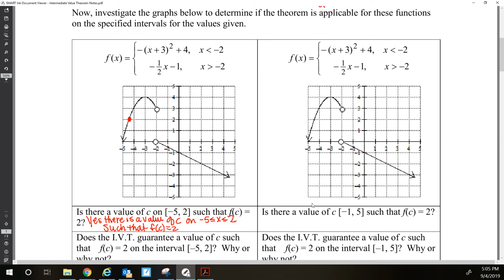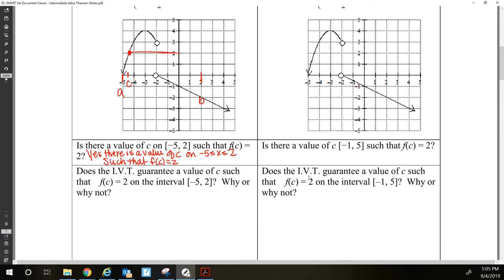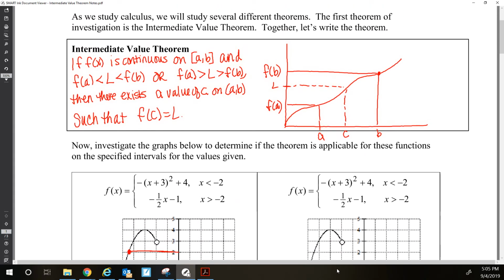So we've got some value, right? Where f of C, we're going to call this C, is 2. This is my A value. My B value is here at B. All right? If that's true, does the IVT guarantee a value of C such that f of C equals 2 on the interval -5, 2? Yes, the IVT says that, but what has to be true? What was the very first part of this? If f of x is continuous on AB,